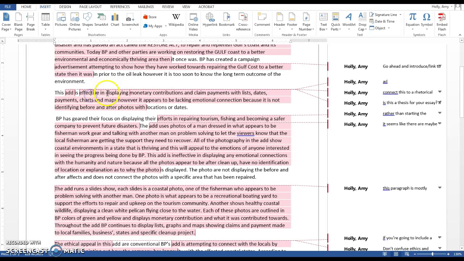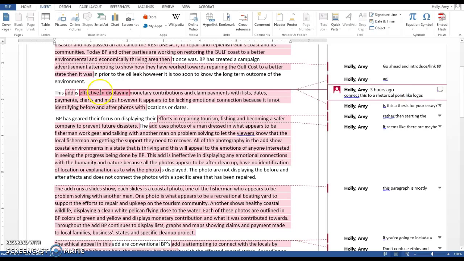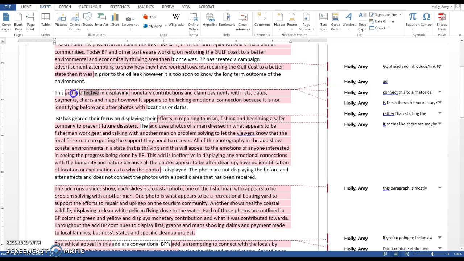Then again, I think that this first point is a little bit vague. Right now, the way you have it worded is mostly like summary. You're basically just saying it shows these things, which is just summarizing what's in the video. Whereas for true analysis, I would say connect this to a stronger rhetorical point. I think you may be getting at something about logos here. That could be wrong. I might just be thinking that because you say it's effective in the first part of the sentence. But if this is a point about logos, I would say reword this so that it doesn't sound so much like you're just summarizing, but instead that you can focus more on the fact that they're making a